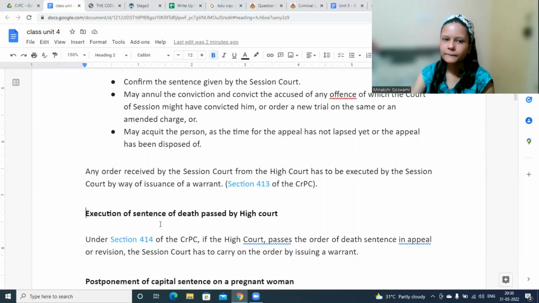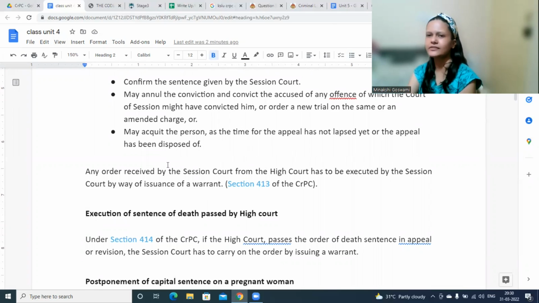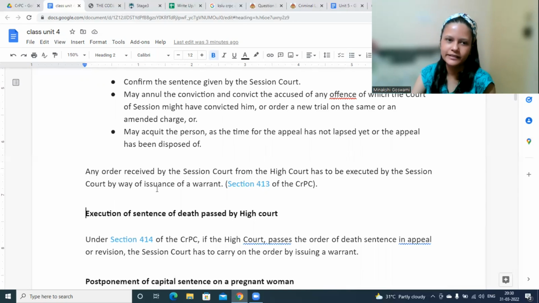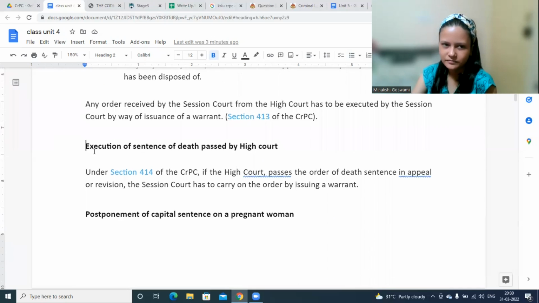So this process we cannot say as an appeal. Yeah, they can go for an appeal in the High Court, and in that case, High Court would decide the matter. Basically, before the accused going to High Court with appeal, this Session Court will refer the case automatically to High Court. Yes, because it needs confirmation of High Court. Yes, madam. Only in case of death penalty, if death penalty is given in that particular offense.